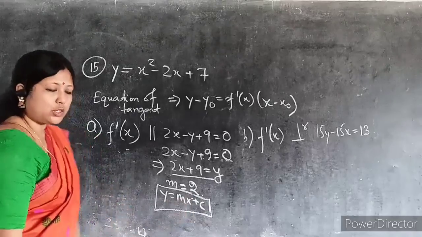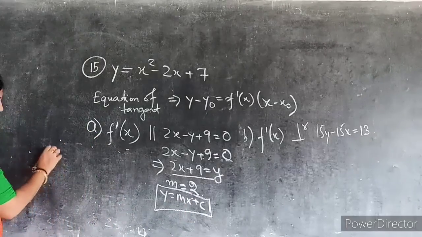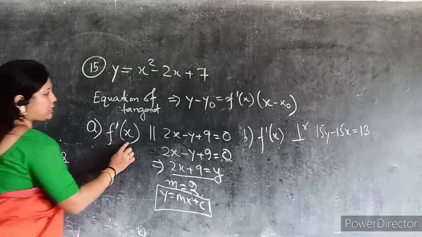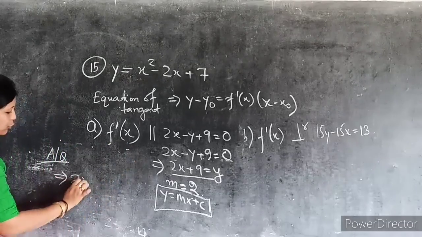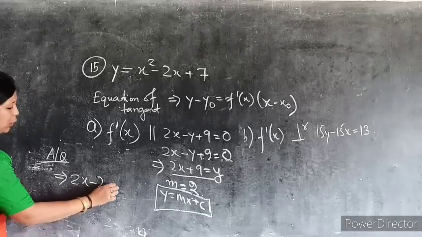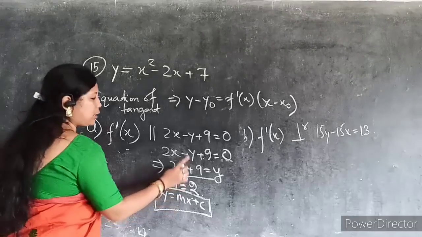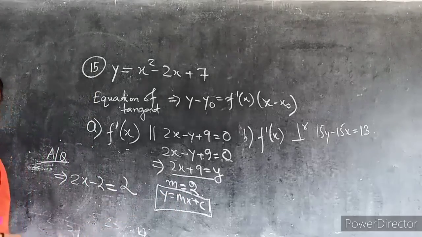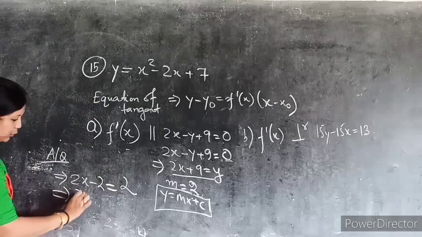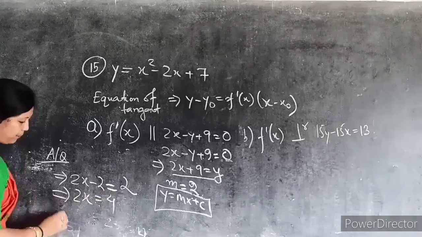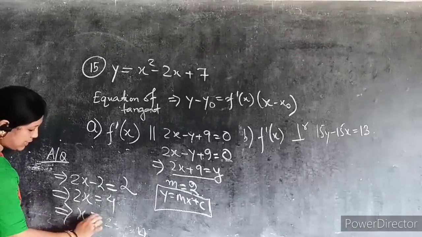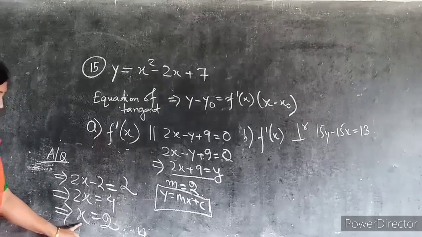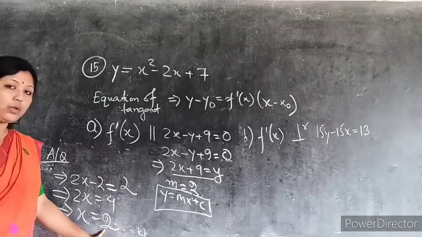2. So that means here, as per your equation from the first part, f dash x, just now we have got the value 2x minus how much? 2. We will be making it equal to the slope of this equation, and the slope is given by 2. So 2x will be equal to 4. That means we have got x is coming equal to how much? 2. Okay, so here our x value is coming equal to 2.